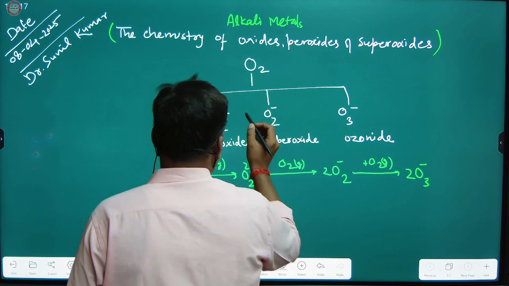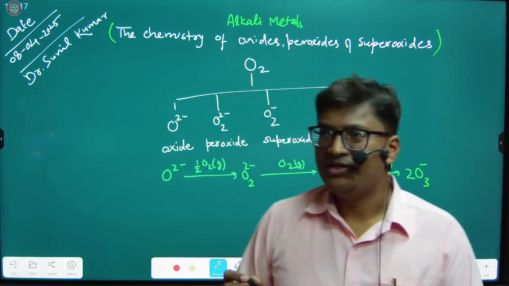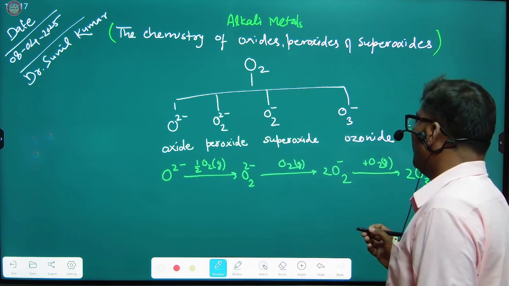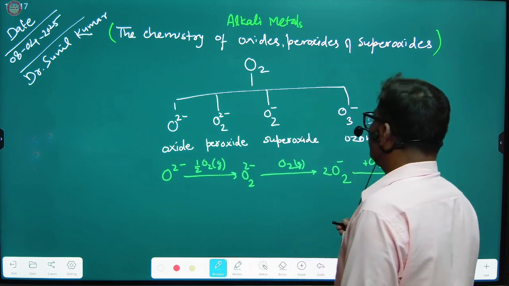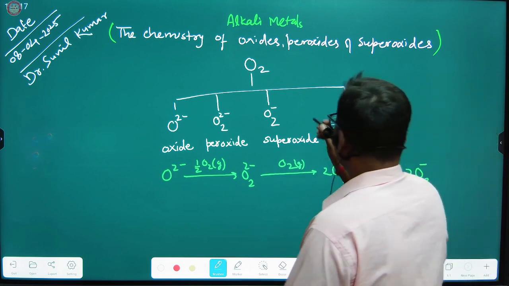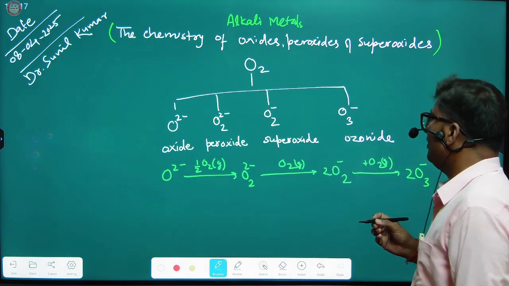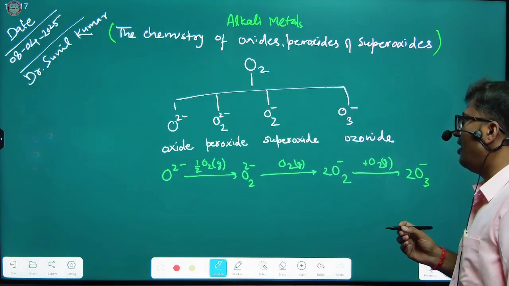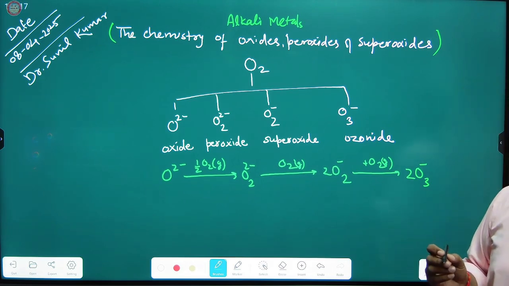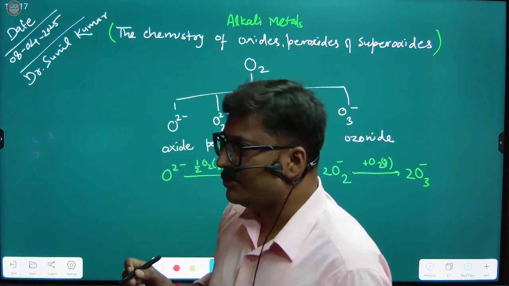So oxygen, which is the most important element, is found in gaseous state in the atmosphere, whose concentration is 21% in the atmosphere, right? It is highly reactive. So metals or non-metals can react with this oxygen to form oxides, peroxides, superoxides, and sometimes ozonides also,